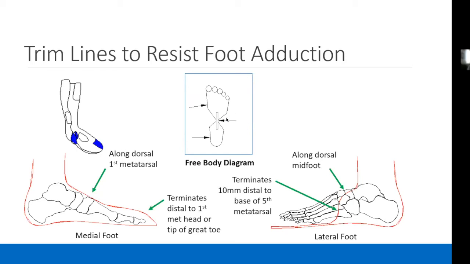that adduction. The intermediate force is a little bit more challenging to apply. Typically in the design of my orthoses, what I'll do is extend the trim line on the lateral side of the foot about 10 millimeters distal to the tarsometatarsal joint, the 5th tarsometatarsal joint, and I put a pad there so that this actually goes to 0 as you move toward the trim line. The pressure does, but you get this focal pressure at the tarsometatarsal joint or in that region on the lateral side of the foot. On the medial side, you can either encompass the first metatarsal only or extend distal to